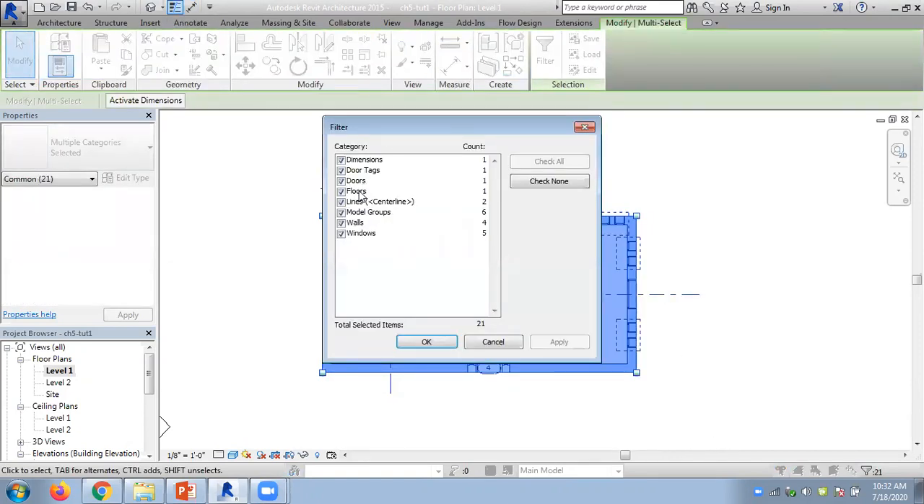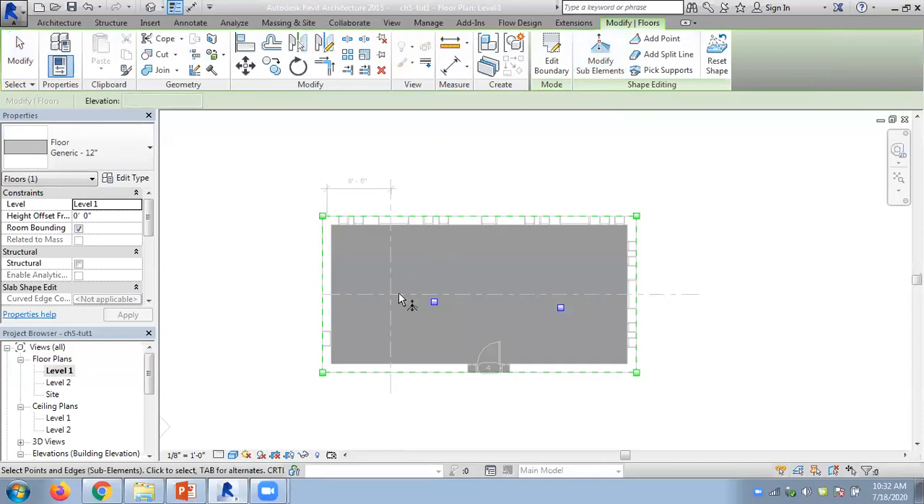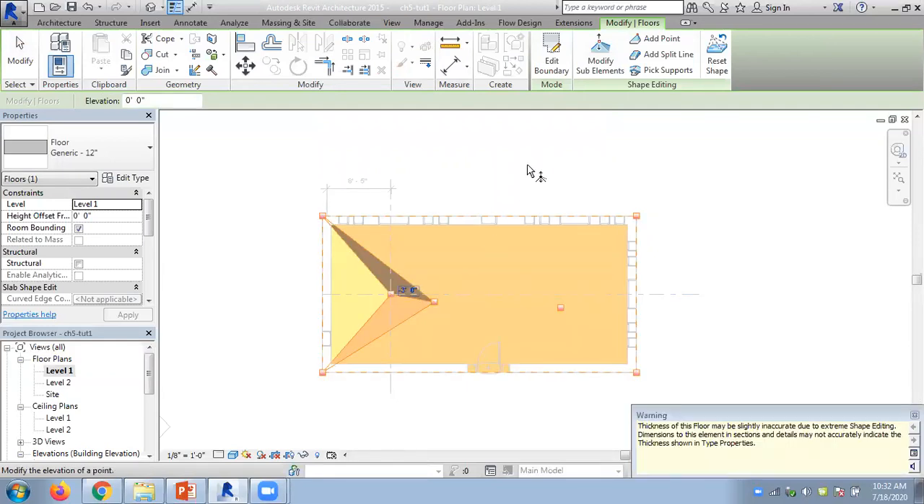So filter, I want only the floors. Now the sub-element should be placed here. Modify sub-elements, add point, come here and place. So this is how we do it exactly. Click here and I can give a value, say -3. Now it's going to be